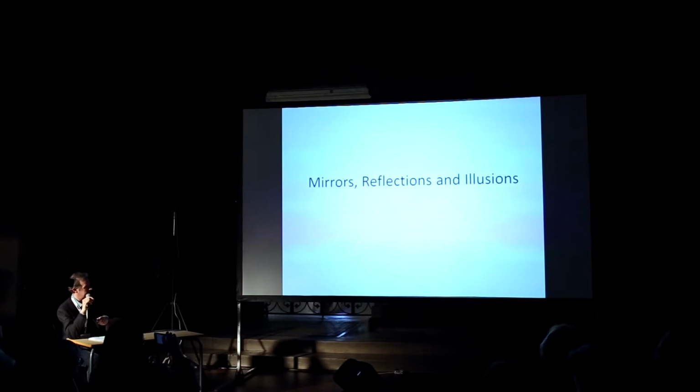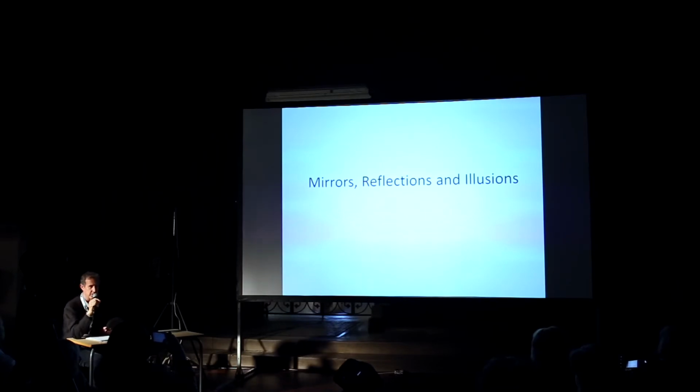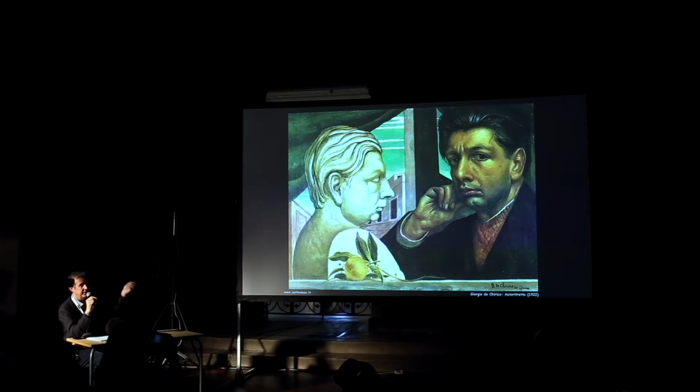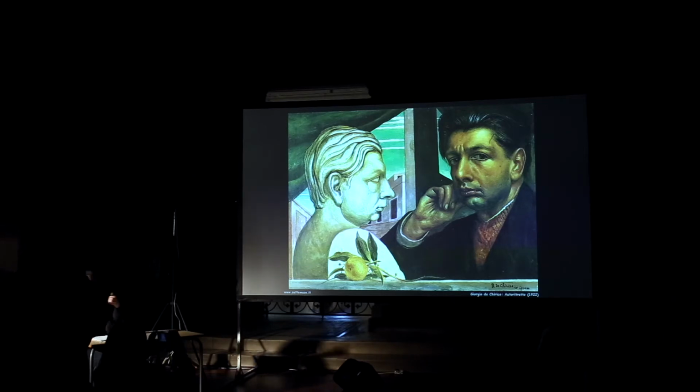So, the second very present theme in Italian art in relation with classical art is the theme of mirrors, reflections, and illusions. Starting from another very, very known painting by Giorgio De Chirico. It's a self-portrait, but again, there is the relation through a whole tradition of self-portraits in art that starts from very, very ancient time. But here there is immediately another perspective, a different perspective, a very modern perspective, because the